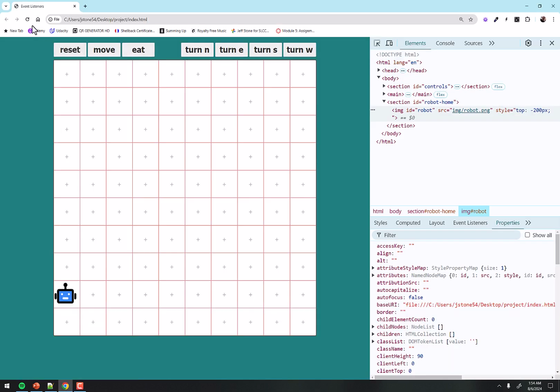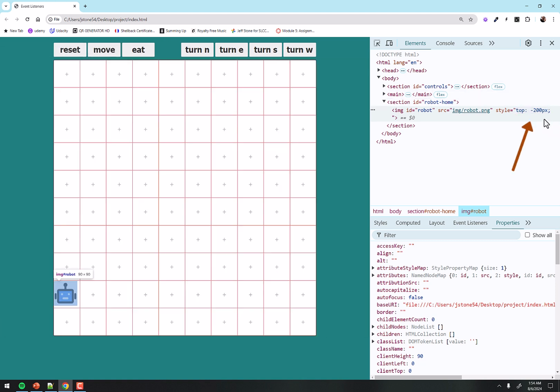So let's take a look here, refresh. And now when I click move, you watch over here on the right and you'll see that -100 will go to 200, 300, 400. And again, remember, the robot was born here, right? And when we first built the page, we automatically moved him up 100 pixels. Where the robot normally is, the top, he's 0 from the top of where he normally is. Well, we wanted to move him -100 from that. So he went above where his top line normally is. Now when we click move, we're going to move him -200.